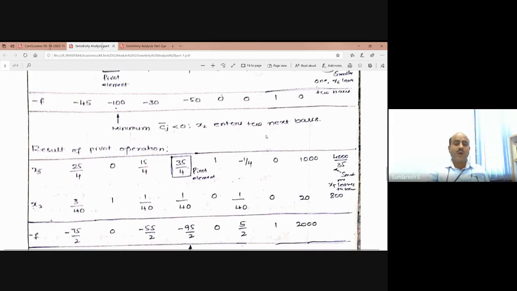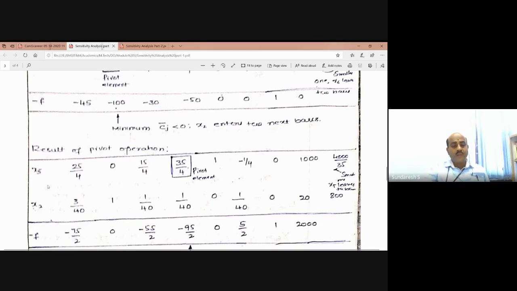So please listen here to how we will get this. Of course, you might have done your operations research course in the UG, but still I am going to explain how to complete this table, how to do the result of the pivot operation. See, after identifying the pivot element, one variable will leave, one variable will enter. So please remember always, one variable leaves the basis, whereas another variable enters the basis.